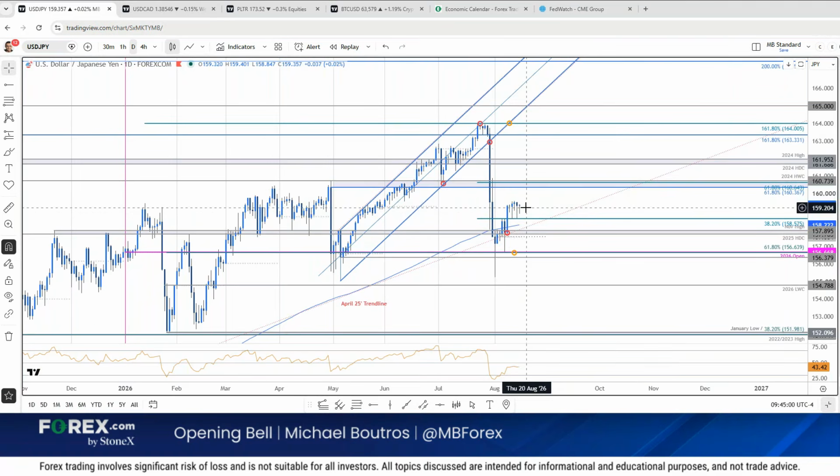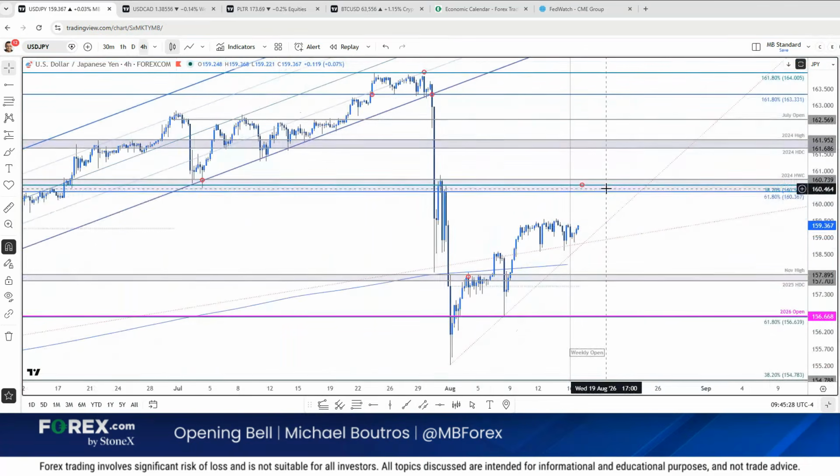So if this near-term range breaks higher, that's still the major level. If we close above this, technically it would suggest that something more nefarious is at play, a potential larger rally. Remember, you're testing the resolve of a multilateral coordinated intervention. I don't know what's so appealing about this trade, especially on the back of the last couple of days, but people love the headlines. So that's still major resistance.